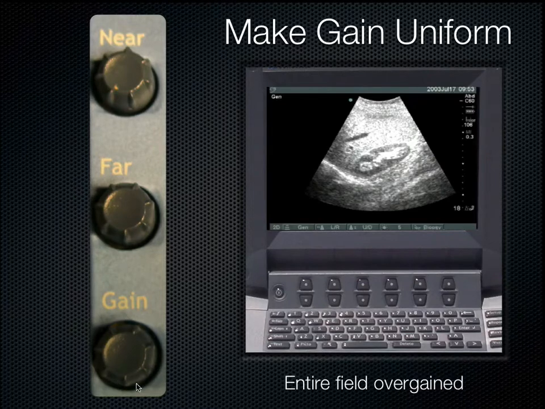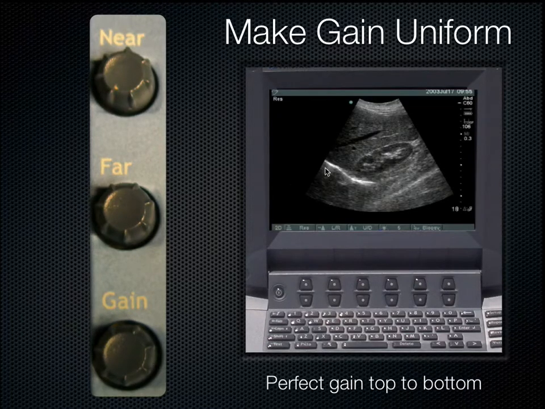So what I'm going to do now is I'm just going to back off that overall gain until the gain gets perfect. Now I can see that the number one most echogenic structure on the screen is my diaphragm, followed by the pelvis or sinus of my kidney, followed by the liver architecture, followed by the renal cortex, and then the least echogenic thing on the screen is going to be this hepatic vein. And so you'll see questions like that come up on certain exams where they want you to rank everything in terms of its